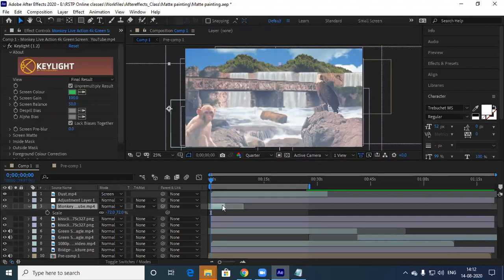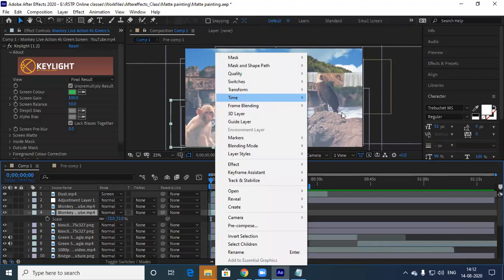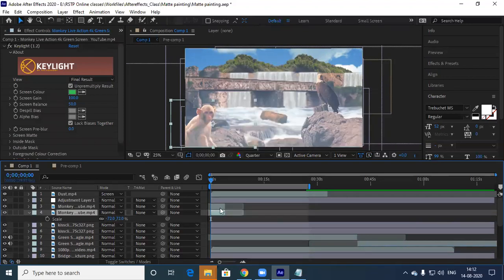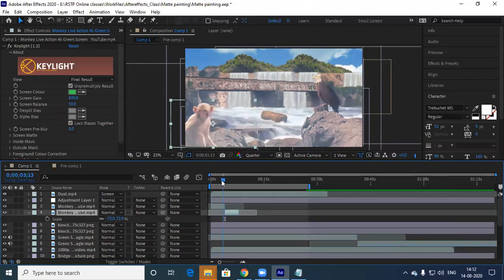Now for the monkey, I need to duplicate this. Then I have to time reverse the layer. Then select this, press O, select this, open bracket, so that it continues here. From here to here, the animation continues.